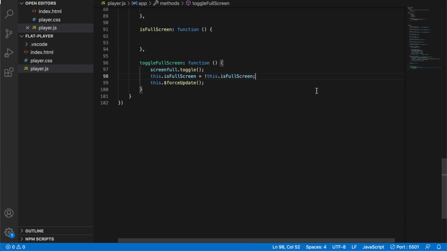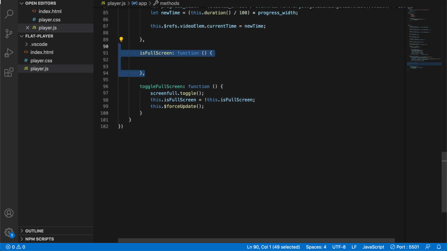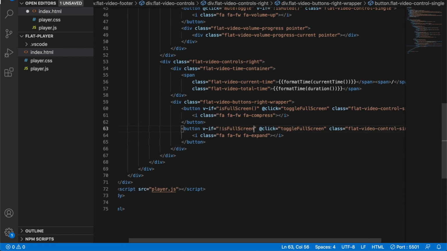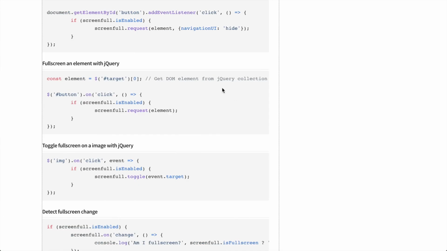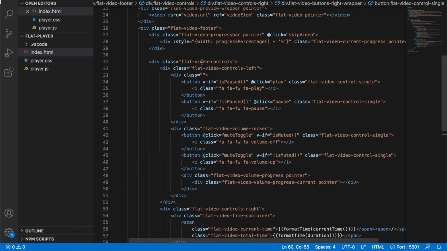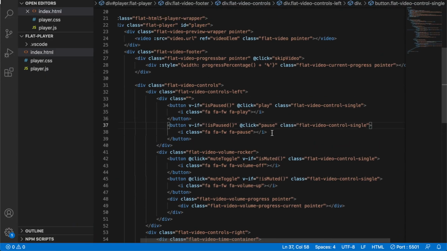We have actually, and this is no more. Okay, so this is working fine. So the only thing left is the volume. Let's go ahead and deal with the volume,